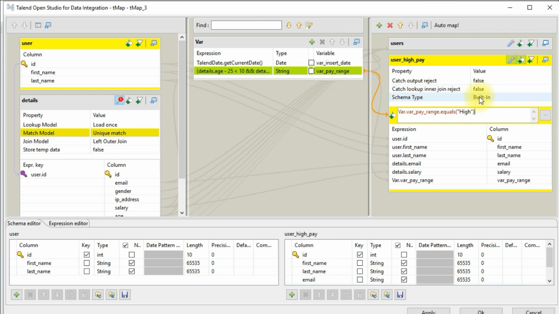And schema type is basically the inbuilt. We are using inbuilt. These are not global. These are local to this particular job. So that's how it is. All right. So now